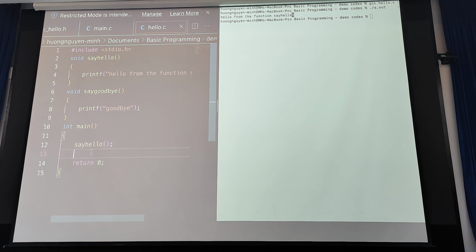And now you can call the say goodbye. To call the function, just give it the name and input some parameter if you want.